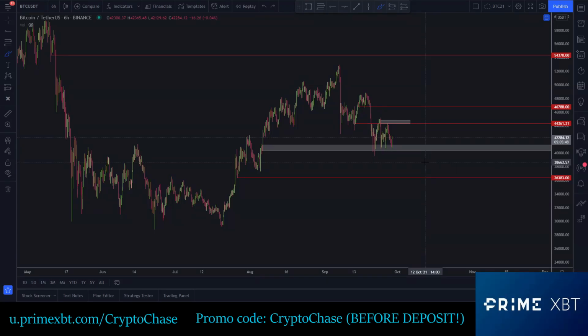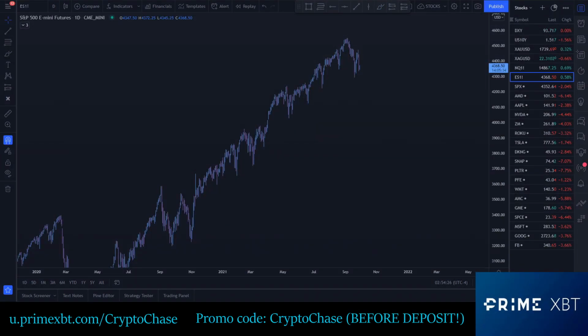And I think it's a good place to stay patient, because I think the market is sort of leaning on Bitcoin and waiting to see what it's going to do. Not only that, but we're also leaning on the American stock market, things of that nature. We're looking at